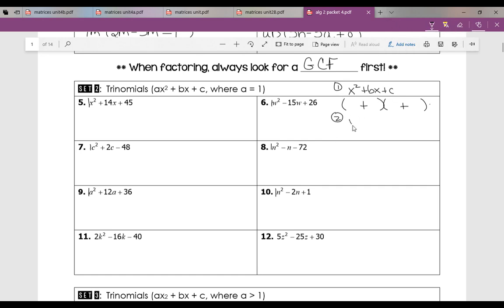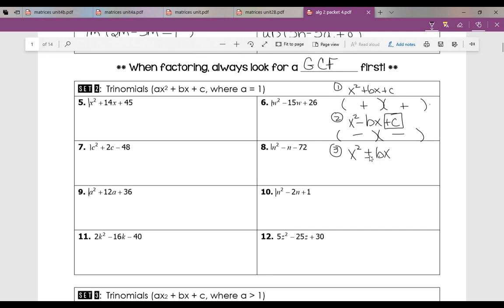So the second rule says, well, what if I have x squared minus bx plus c? I now have a negative involved. Okay? What I do is I look at the c value. If the c value is positive, I have to use 2 negative signs. Okay? Because a negative times a negative will give us a positive. All right? So if c is positive, then you use 2 negative signs in that problem. Okay? Now, the third scenario,